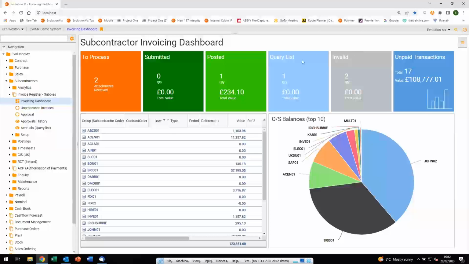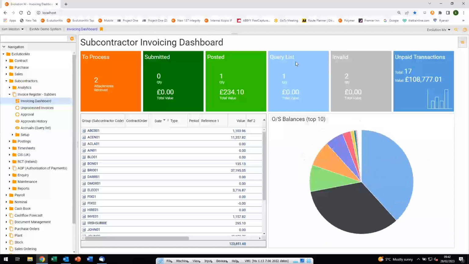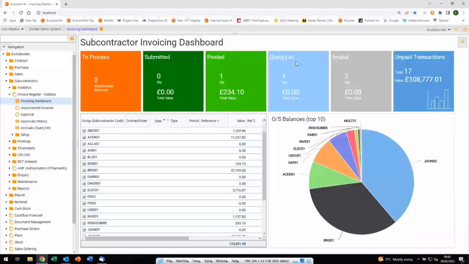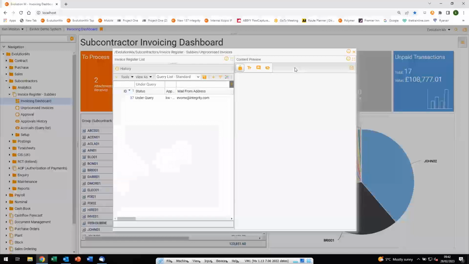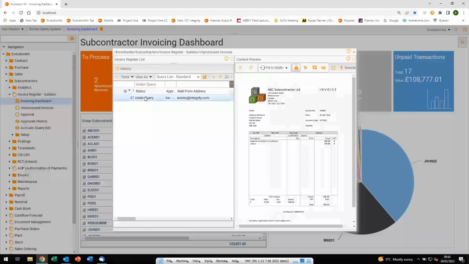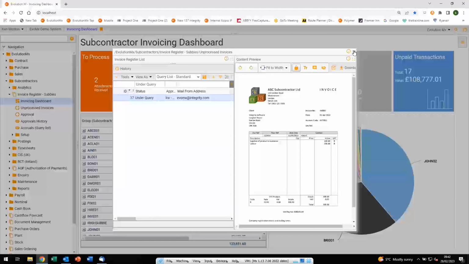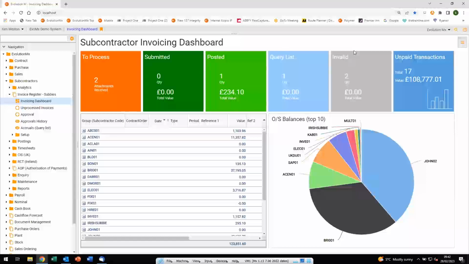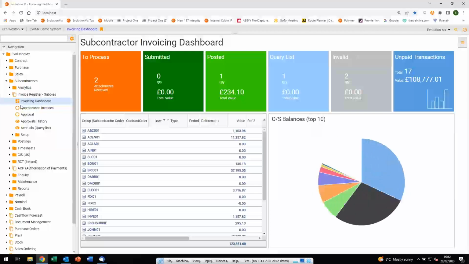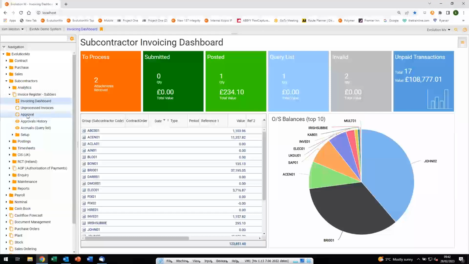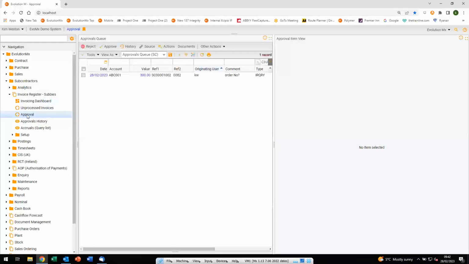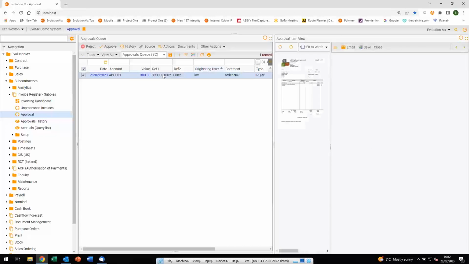So what I've done there is I've chosen to have a pale blue tile query list, which is assisting me and telling me all of those items that I have processed and have been earmarked for somebody else to get involved with. And I can see there that the approval user is KW. So from an admin perspective, you can see a list of all of those that have gone out and who they're with. Now, if KW were a user, and obviously I am a user of the system, then I could access the approval menu and I'd be able to see a to-do list of all of those items that are requiring